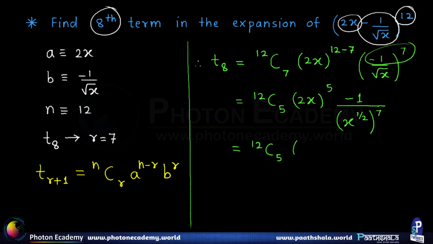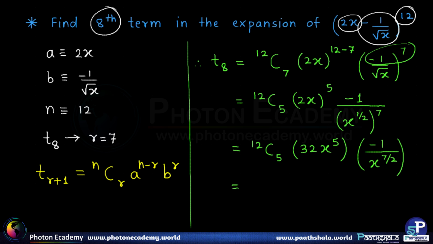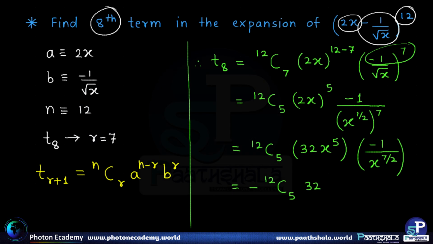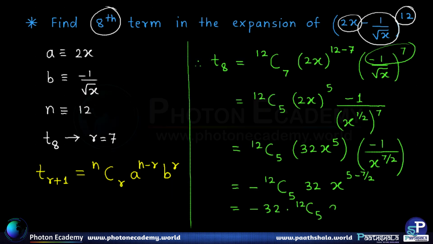So 2 raised to 5 is 32 into x raised to 5 into minus 1 upon x raised to 7 by 2. Let's take that minus term now outside, that is minus 12c5 into 32 x raised to 5 minus 7 by 2. So that gives us, I will write 32 first, 32 into 12c5 x raised to